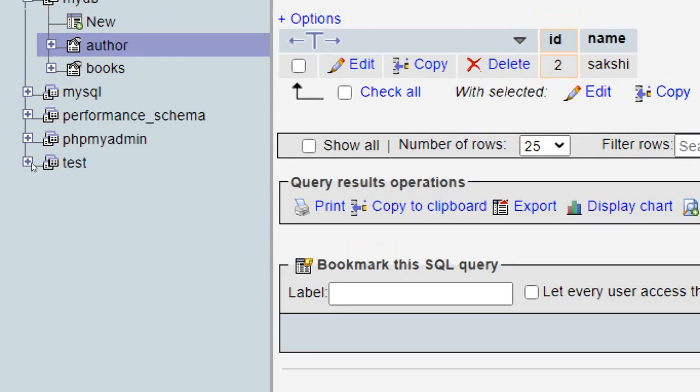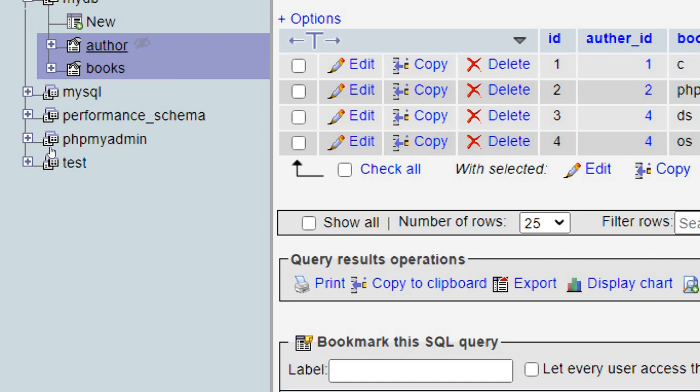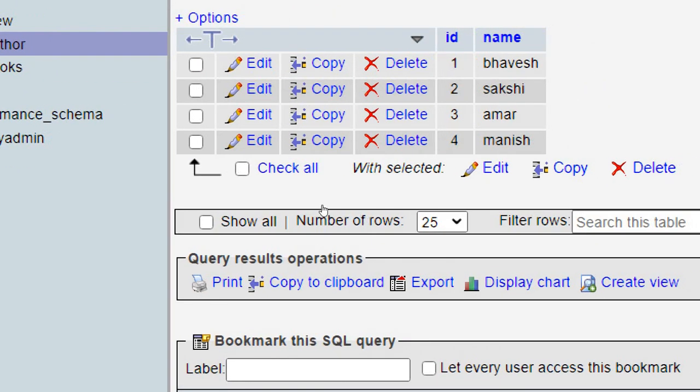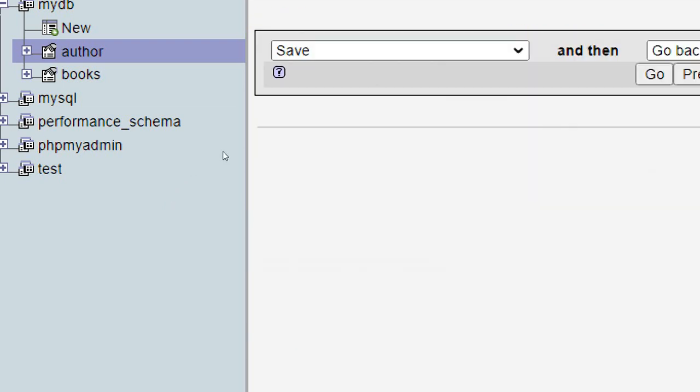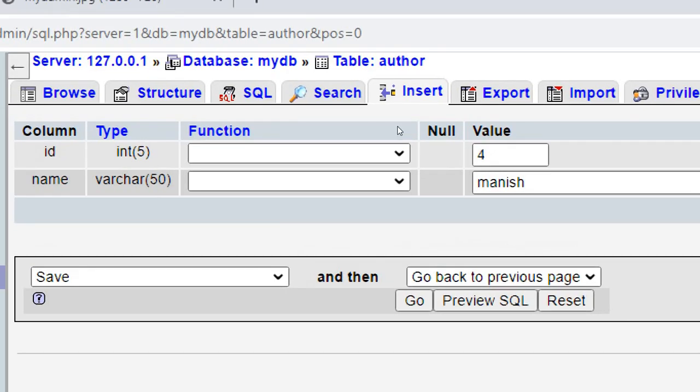Here your primary key and foreign key definitely work. Now I want to update our parent table record and see the child record update automatically. For example, author Manish has number 4, and I would like to edit 4 to 10. Okay, now go.